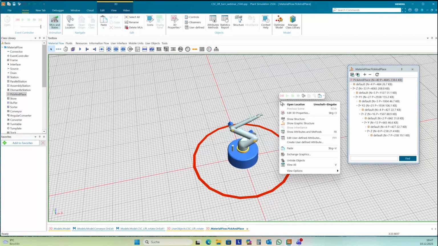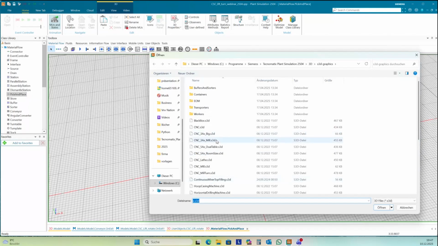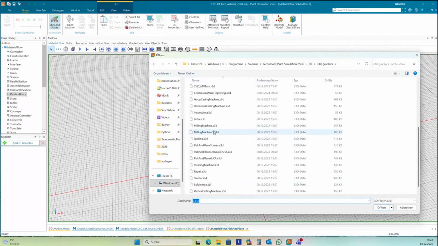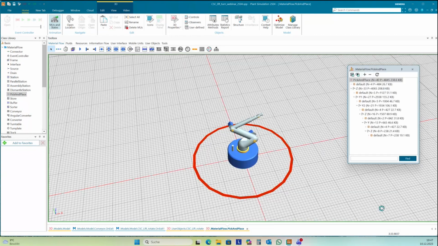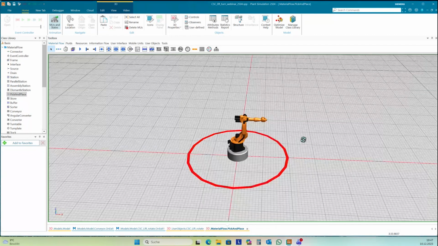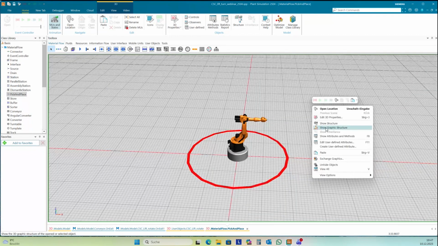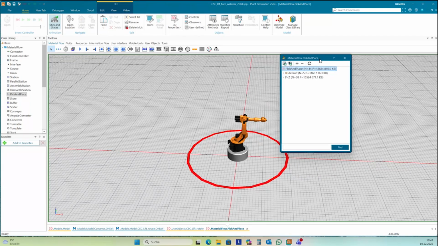Yes, you can. For instance, here I have Plant Simulation's pick and place from KUKA. Yeah, it will work. It's because this has the same graphic structure as the pick and place robot has by default.